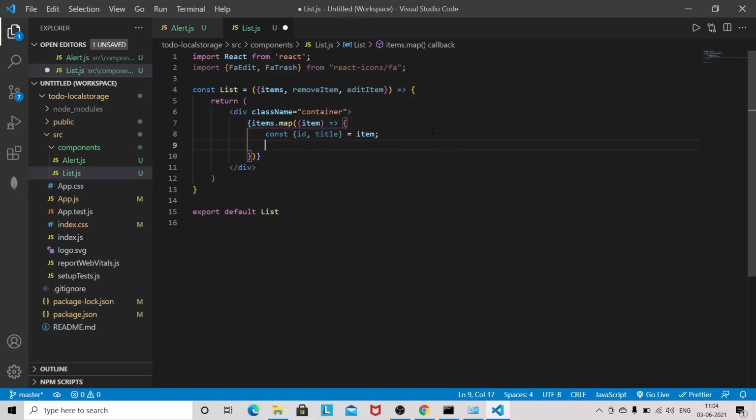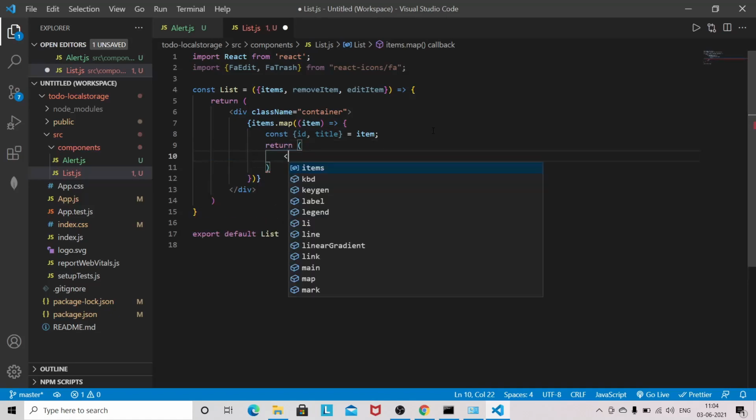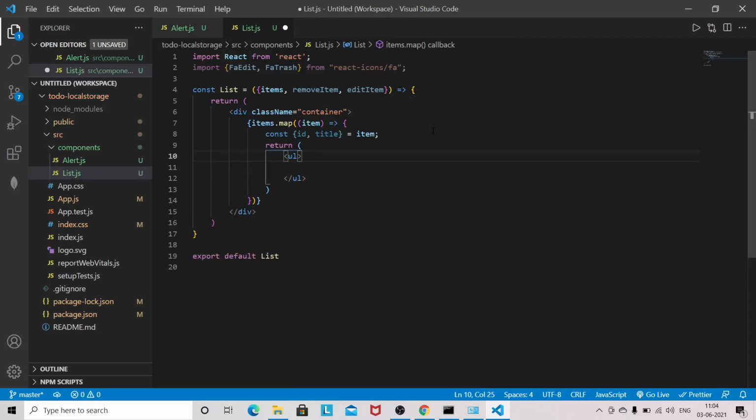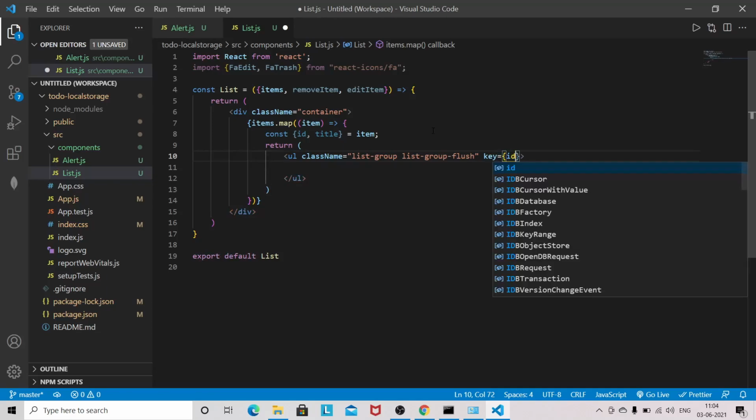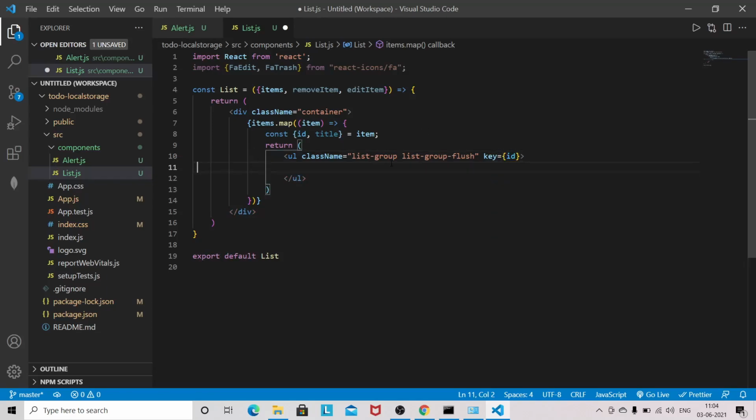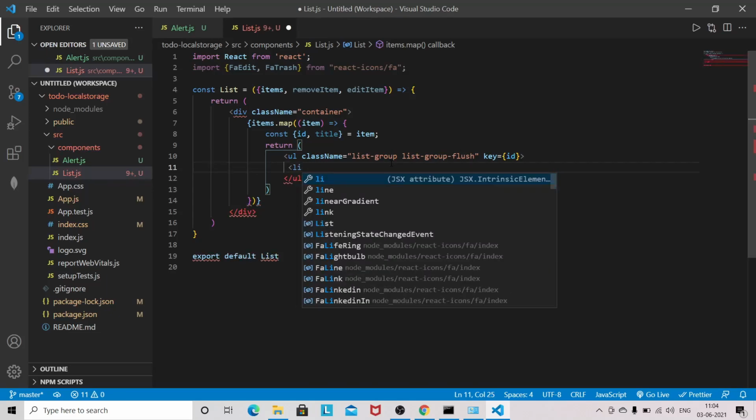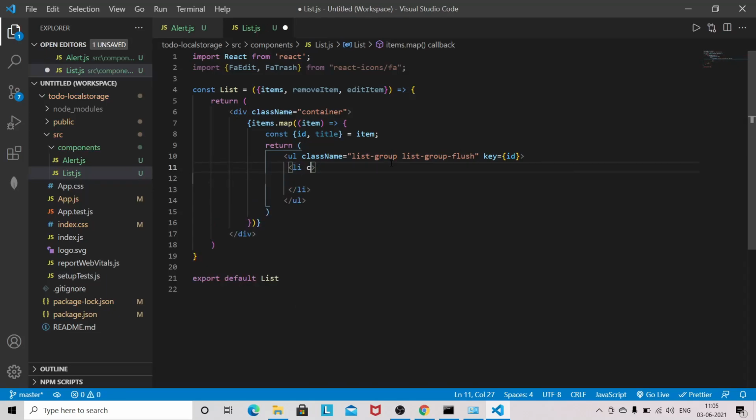Okay, now I will return again, and this will be UL. Okay, so I will give the bootstrap class name here, so it will be list-group-flush. Okay, and the key will be id, and here again I will give a bootstrap class name.